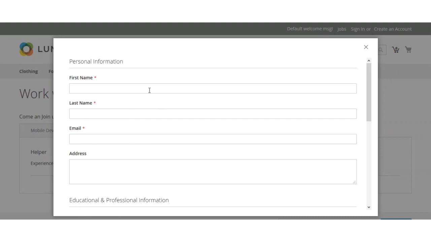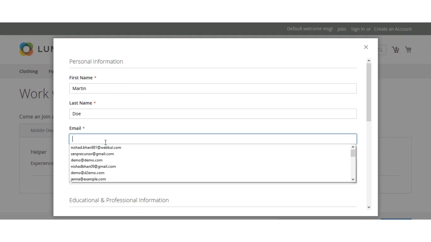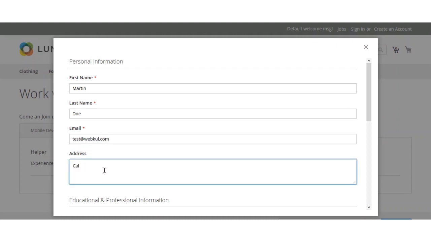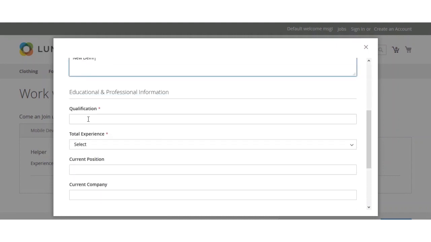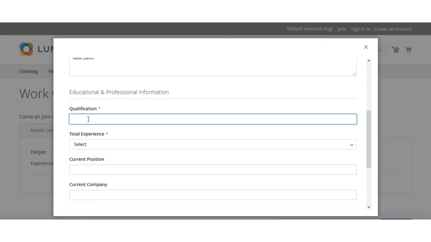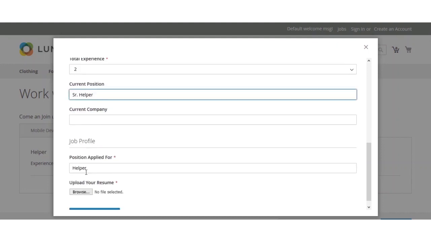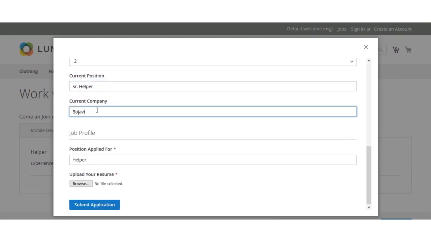So let me show you how to submit an application. So I'll enter the name as Martin Doe. I'll set the email. I'll set my address. And I'll set my qualification as 10 plus. I'll select my experience as 2 years, my current position as helper, as a senior helper. I'll set my current company as Bojavi Estates,